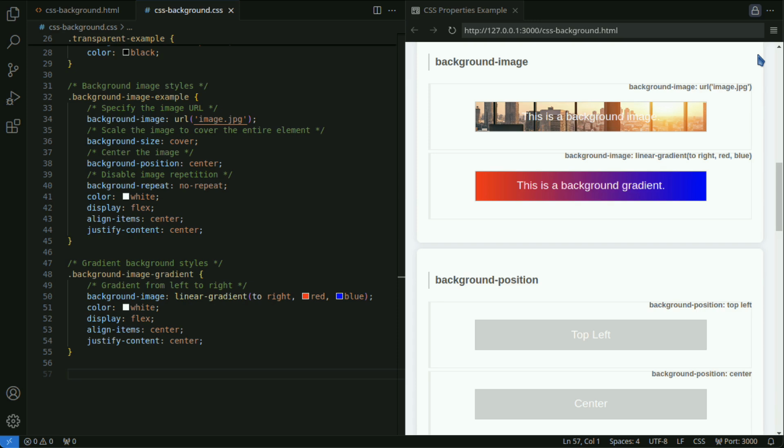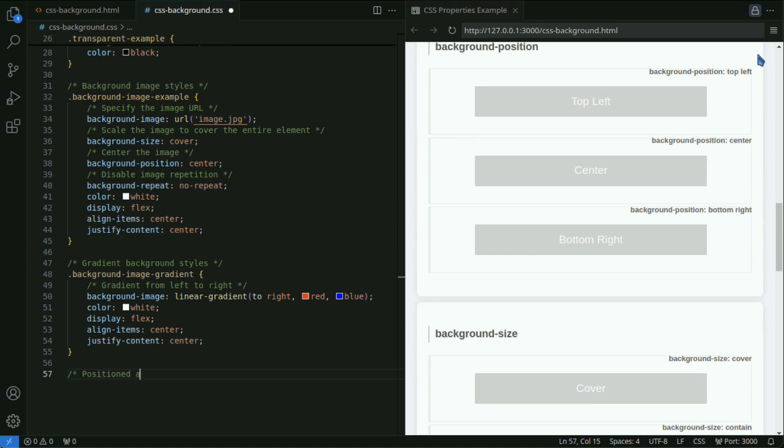Gradients. It's also possible to set gradients as background images using CSS gradient features. Image size and positioning. The size and positioning of background images can be finely controlled with other properties, allowing for design adjustments. For example, specifying background size. Cover stretches the image to cover the entire area, removing any clipping. Using gradients. Instead of an image, you can use a gradient as the background, adding a dynamic element to the design.